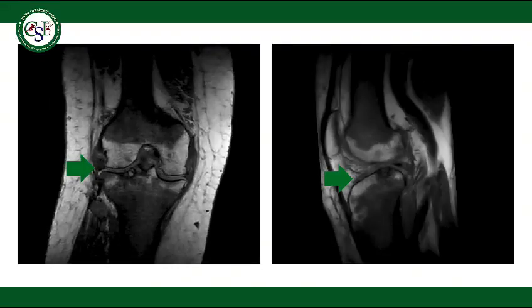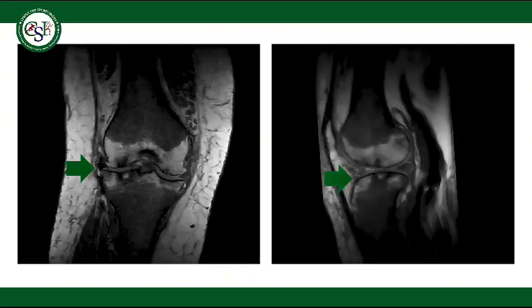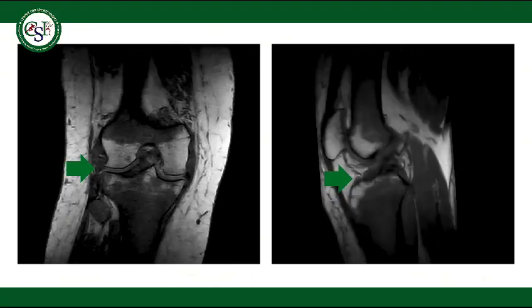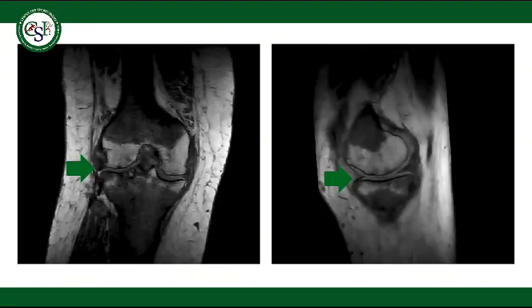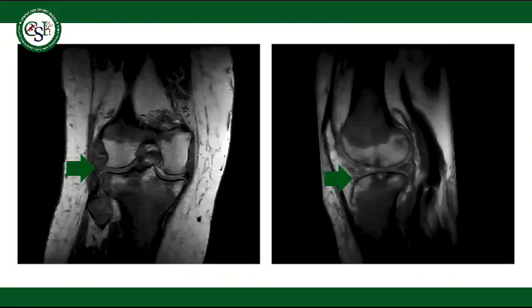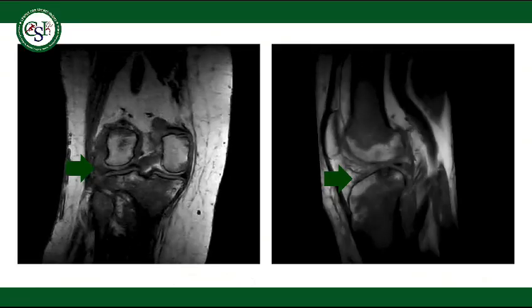In our center, we have a 3D SHARC sequence for the bone scan, in which we can see osteochondral defects in bone much better as compared to 3 Tesla scans, because this sequence is very close to a CT scan study, which can show the bone better as compared to an MRI study.